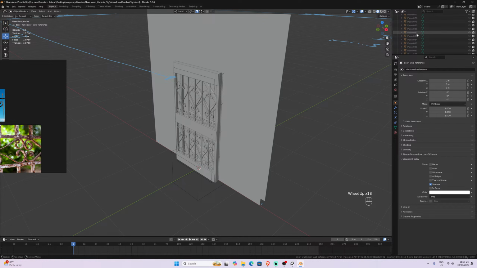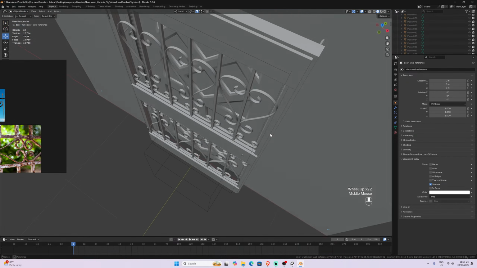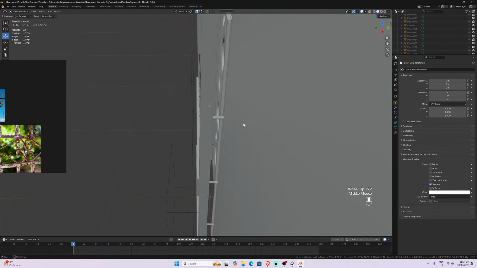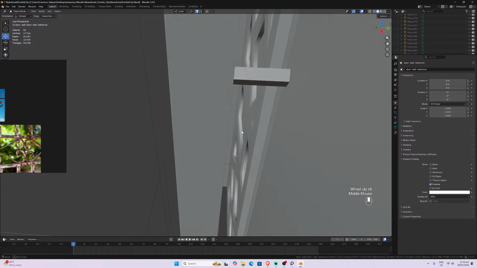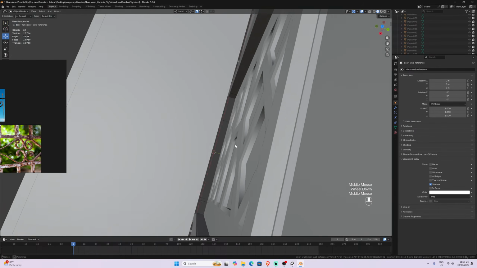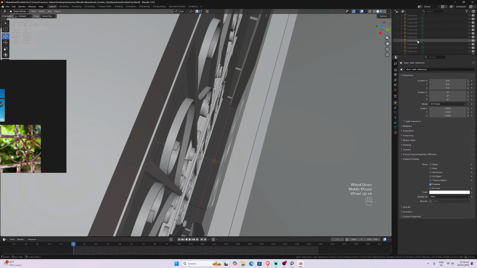Yeah, and the lock set. I forgot about the lock sets. Lock set 6 first. Lock set 6.